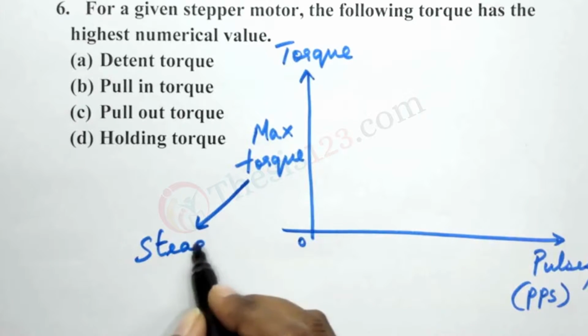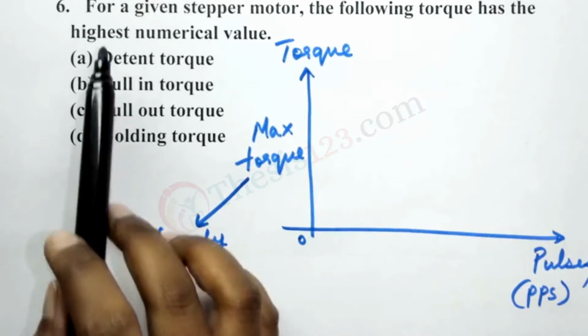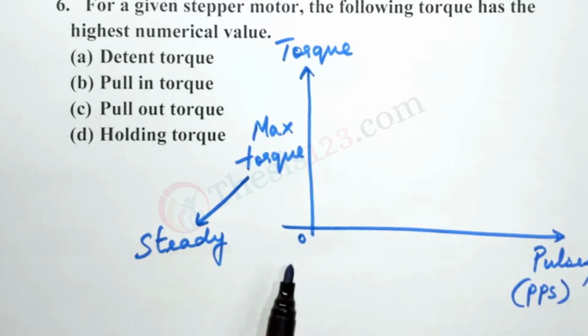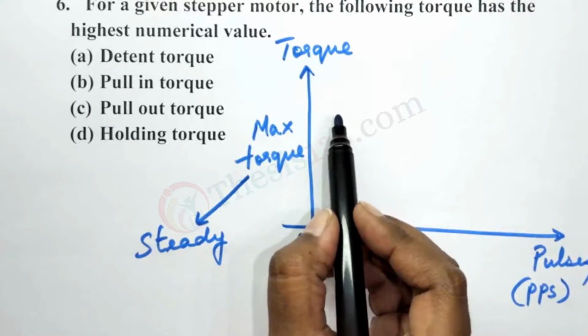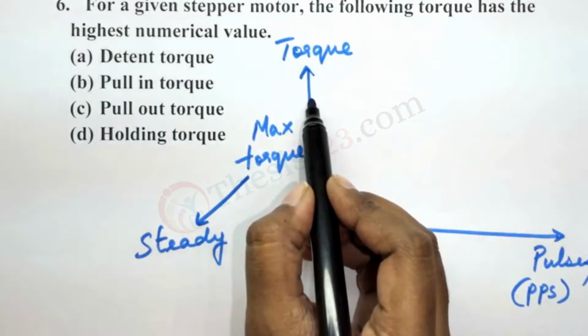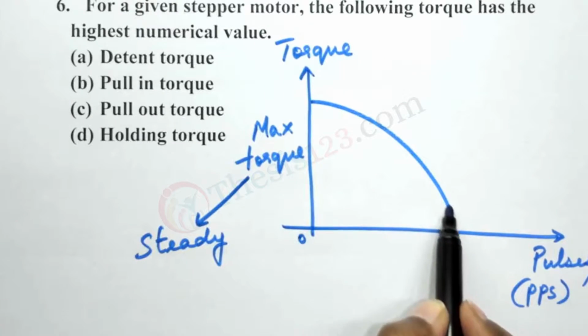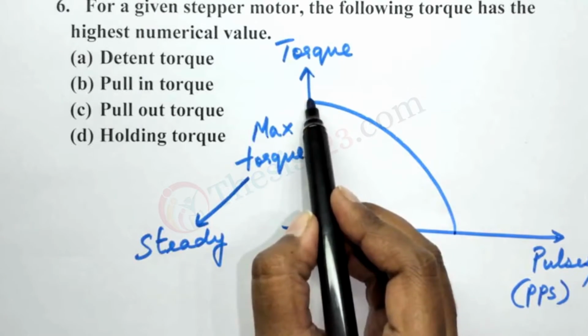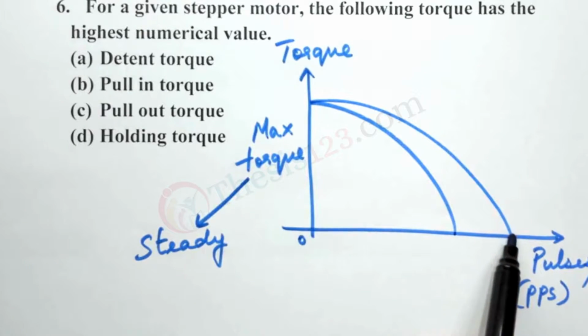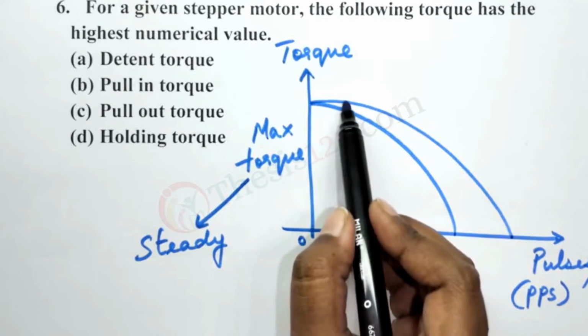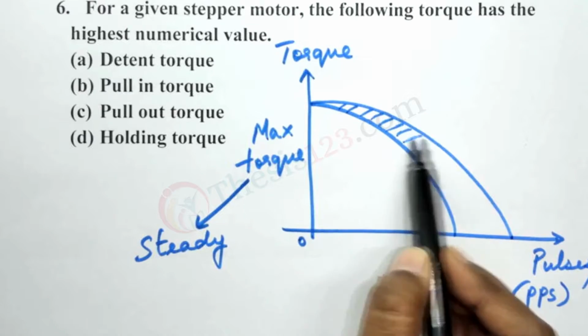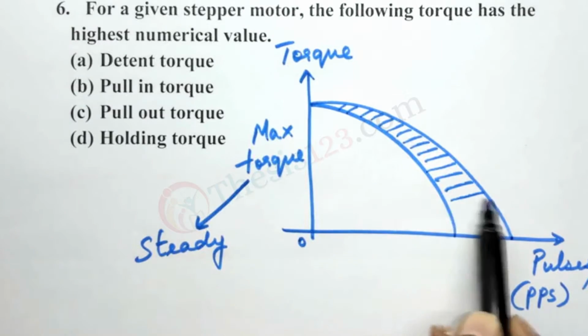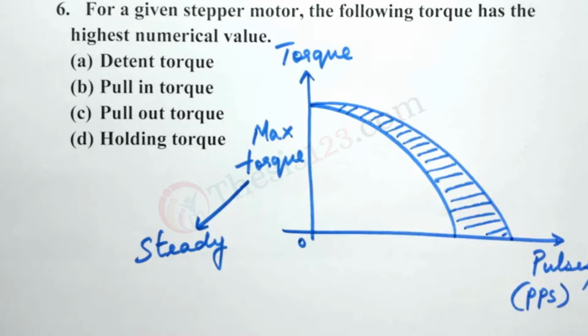Now which one of these would give us the maximum numerical value? That is what we will have to find. Now in terms of pulses, our characteristic expression is something like this. Now here